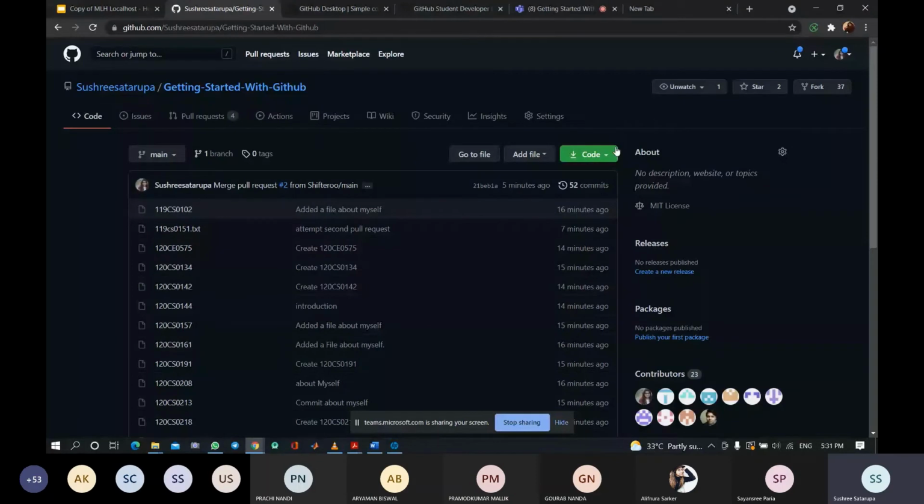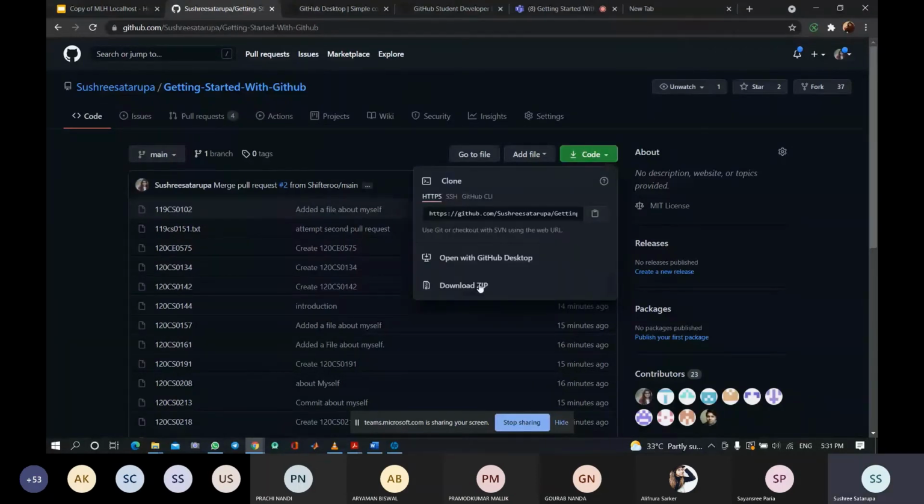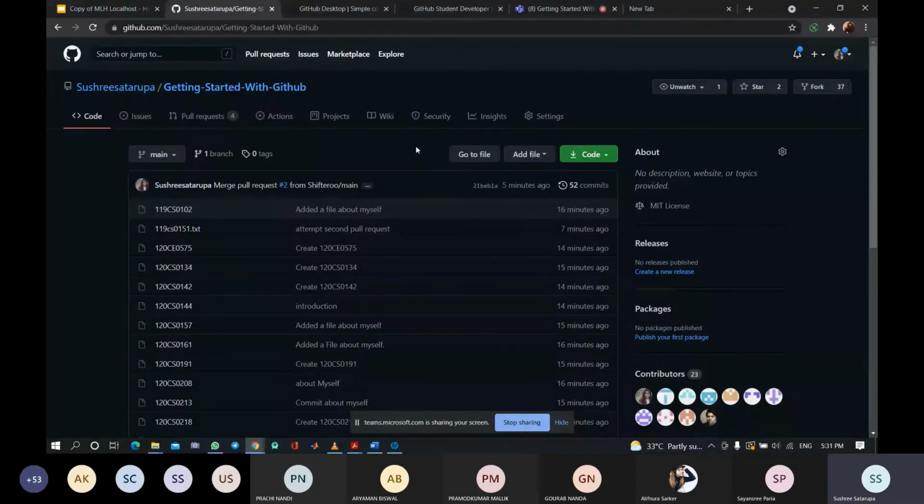Another thing, you can download the code by downloading it with zip, or you can download with GitHub Desktop. Many of you do not have GitHub Desktop, so we shall discuss it after discussing GitHub. Or you can clone it. What that means is that you will have a copy of the same repository on your computer, on your laptop, that you can work on when you are offline. You do not need to be online to work on it.